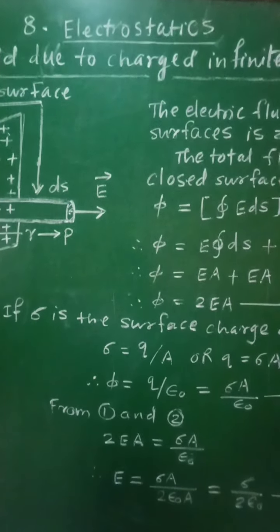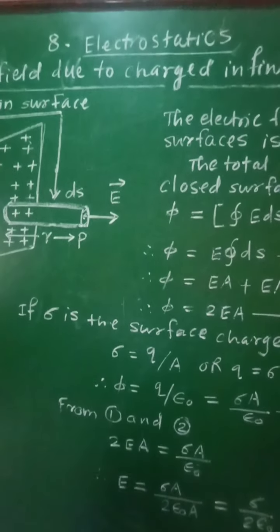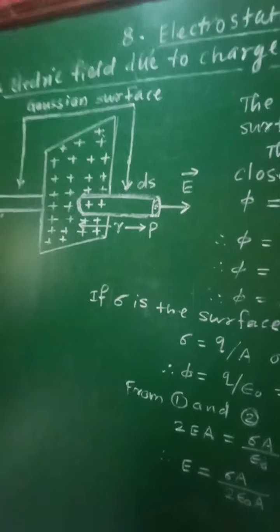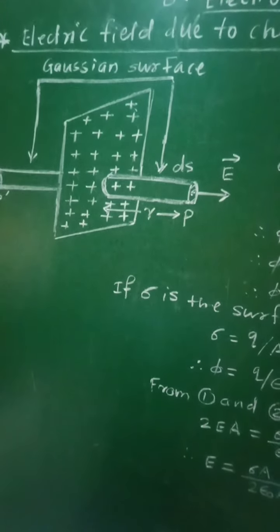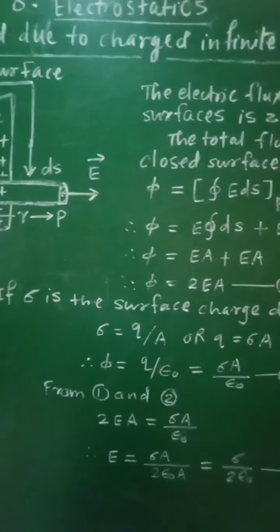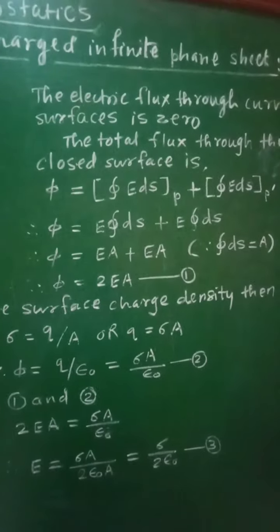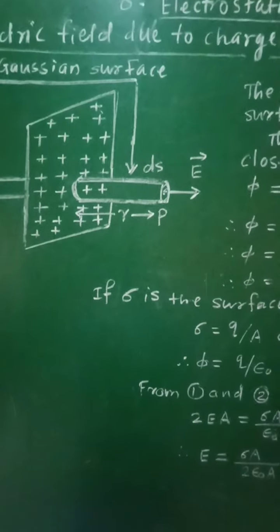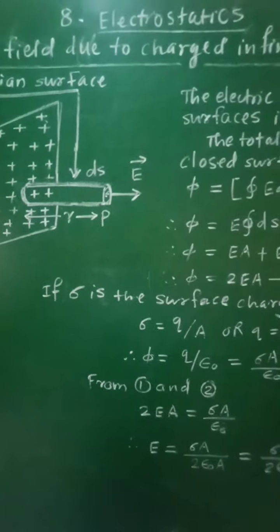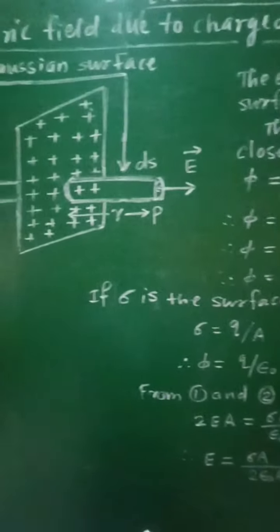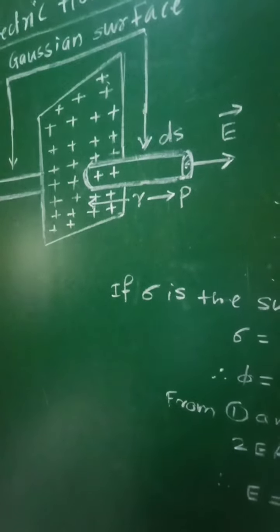Class 12th, Subject Physics, 8th chapter, Electrostatics. From this chapter, the third application of Gauss law, that is, electric field due to a charged infinite plane sheet. So, to find the electric field intensity at a point due to this charged infinite plane sheet, let us consider